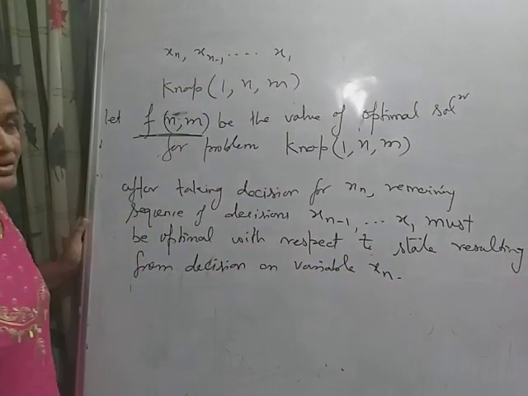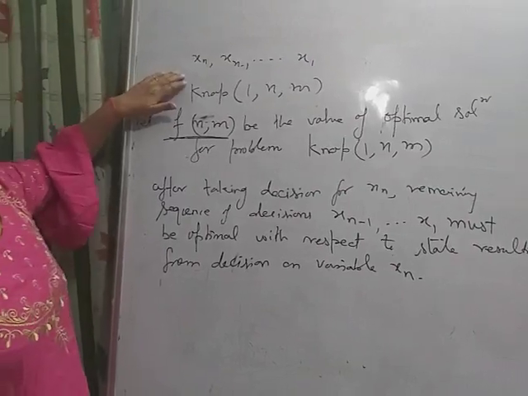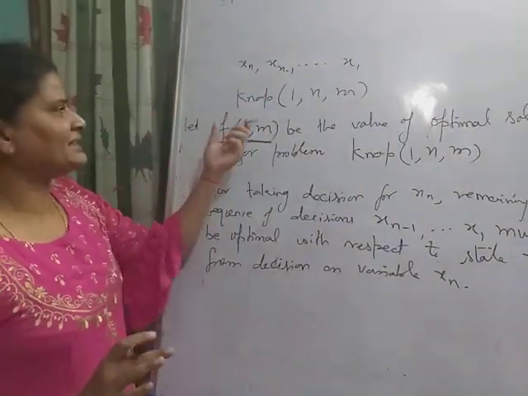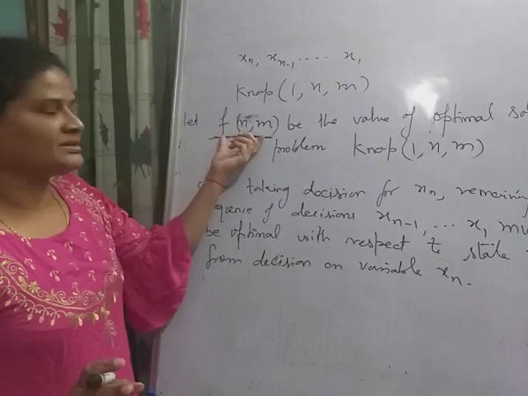Okay, so suppose I am saying that this is the optimal sequence of decisions and the optimal value,